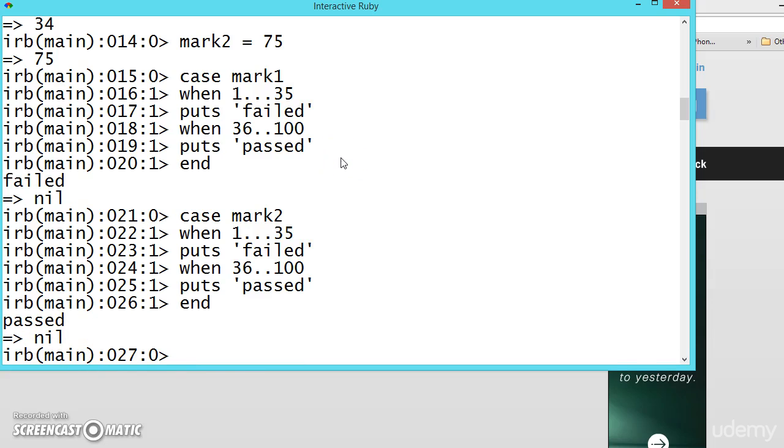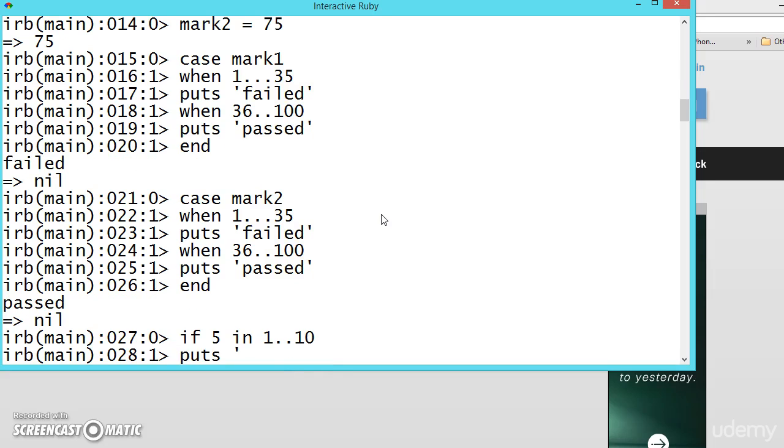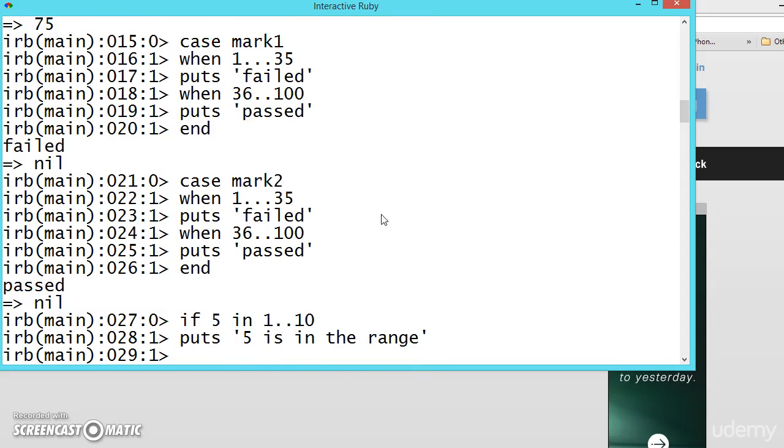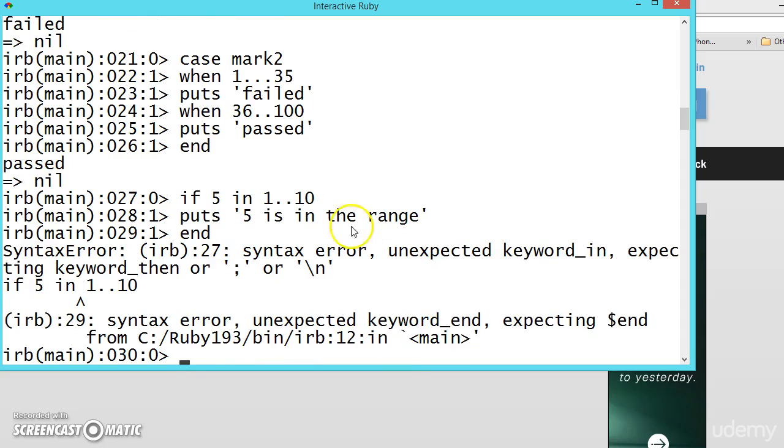Or we can also use it in if statements, like if 5 in 1 to 10, puts, write anything in the range, end.